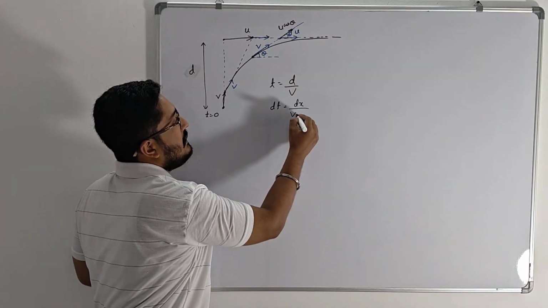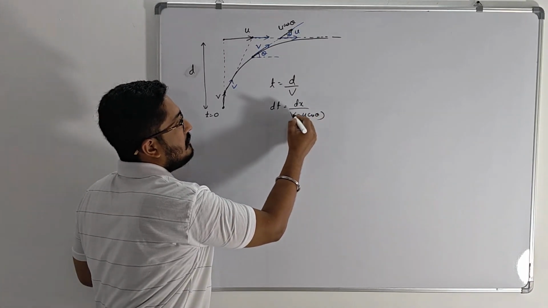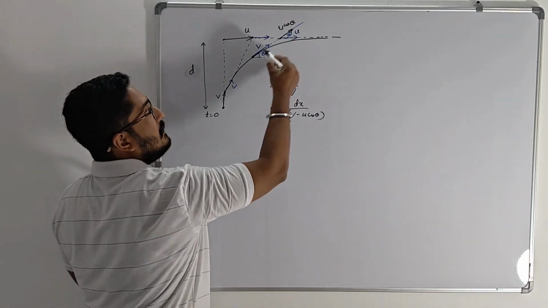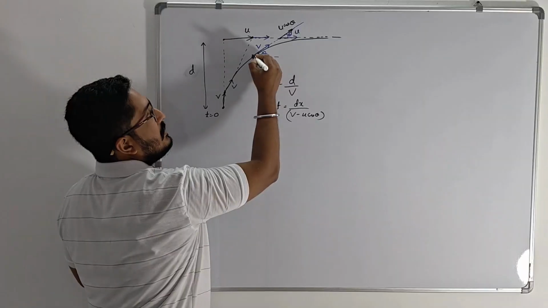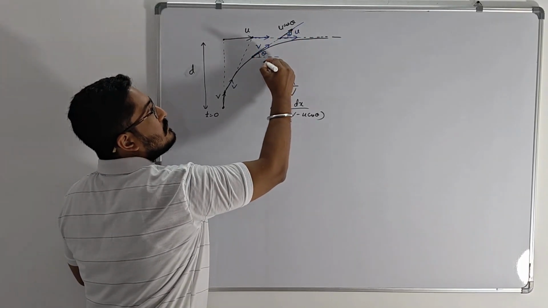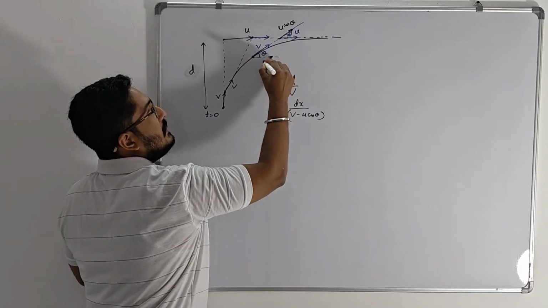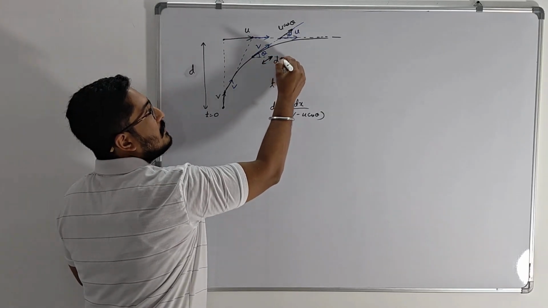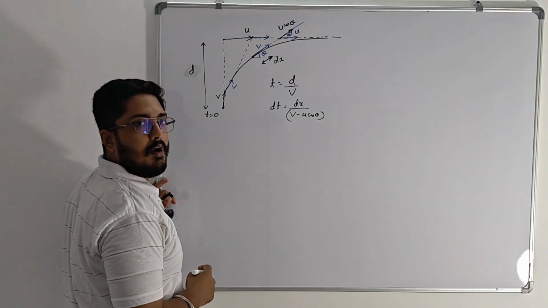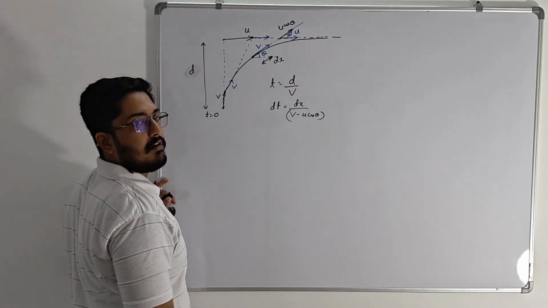We can say v minus u cos theta. What is dx? dx is the distance covered along this direction. Currently the body is here. The cat and the dog would be covering a small distance of dx in this direction. They approach each other with a small distance of dx